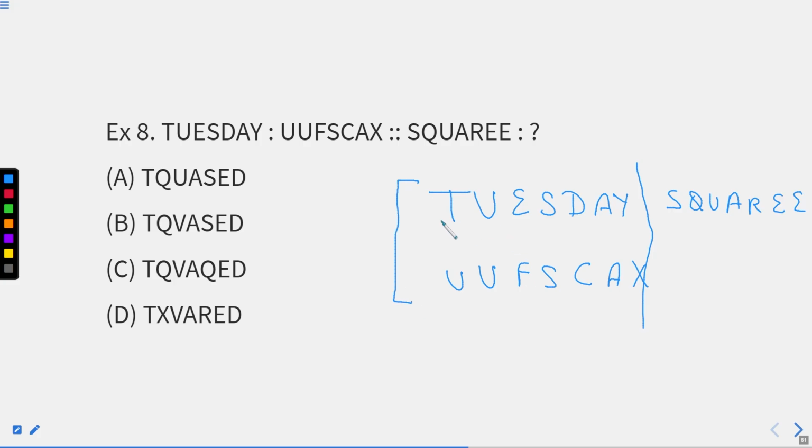You know that T to U, we are doing plus 1 here. U to U, again 0. E to F, again plus 1, again 0. What we are getting here? D to C, we are getting a minus 1 here, right? Then 0. Right? X to Y, or Y to X, it means again minus 1. I hope you get this. So what we need to do? A plus 1, a 0, a plus 1, a 0, a minus 1, a 0, and a minus 1. Let's just do this part and let's find.